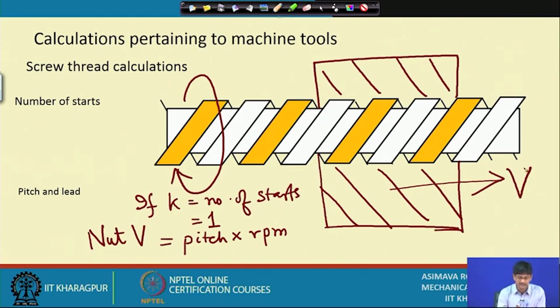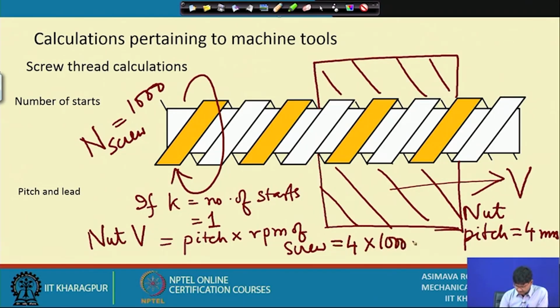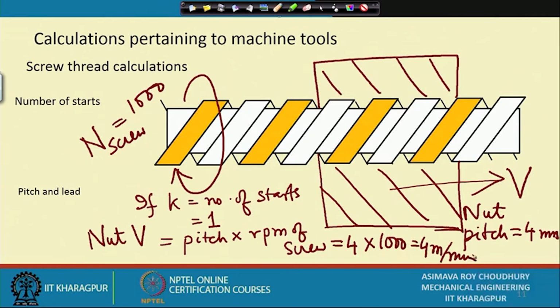Let us have an example. Suppose the RPM of the screw is equal to 1000 RPM. So, in that case, if pitch be equal to, nut pitch and screw pitch have to be the same, otherwise they will not match. Nut pitch is say 4 millimeters. In that case, this will be equal to 4 multiplied by 1000, equal to 4 meters per minute. Just imagine, 4 meters per minute will be the movement of the screw if the number of starts is equal to